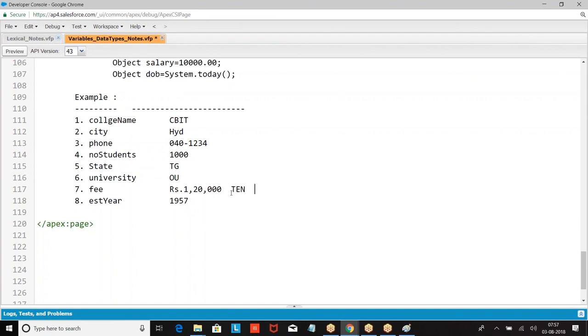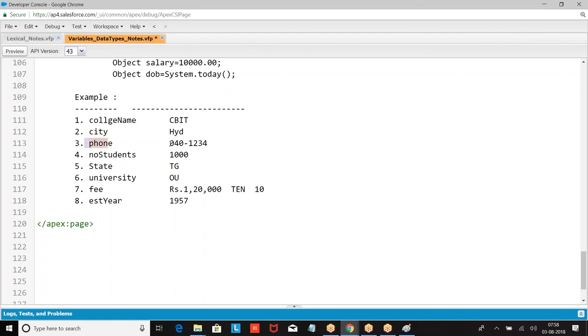I can give 10 like this, or I can give 10 like this. Now what is the format of data you are storing? You want to store it as a TEN or you want to store it as a 10? Now, based on the property, we cannot decide the data type. Based on the format of the data only, we have to decide data type. Data type should be decided based on the format of your data. So understand what is the format of the data we are taking. According to that, we are supposed to create data type. That is the reason I have given these values. You cannot decide based on this. I told you an example right now.